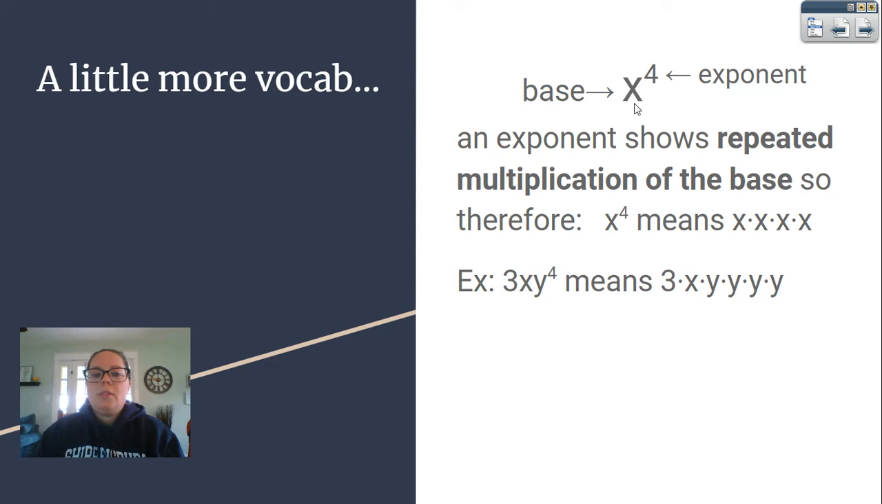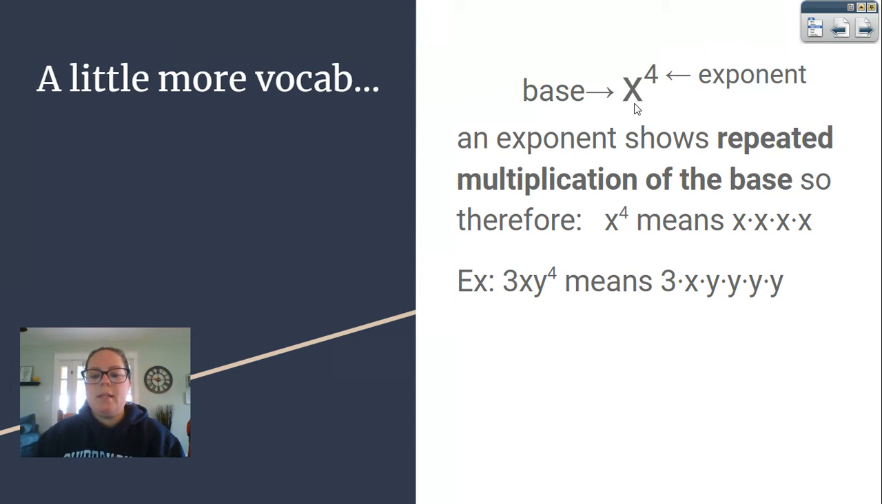And I also am reiterating that an exponent shows repeated multiplication of your base. So x to the fourth really means that I'm multiplying that base of x 4 times. So it would be x times x times x times x. And that's called expanding. Okay, so whenever you take an exponent and you break it apart into all of its